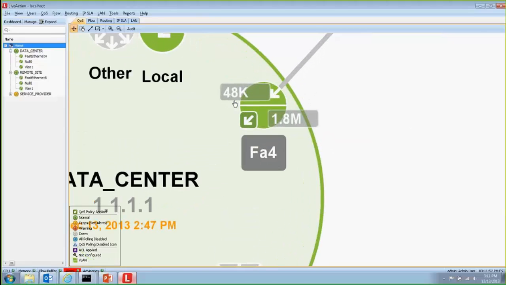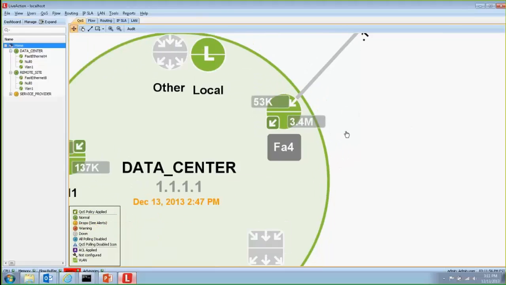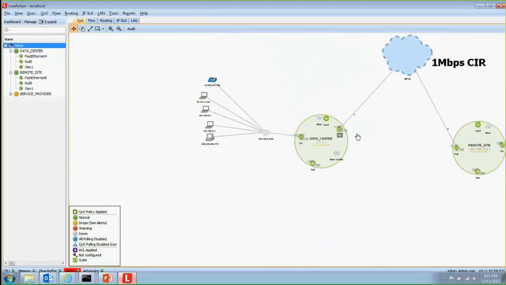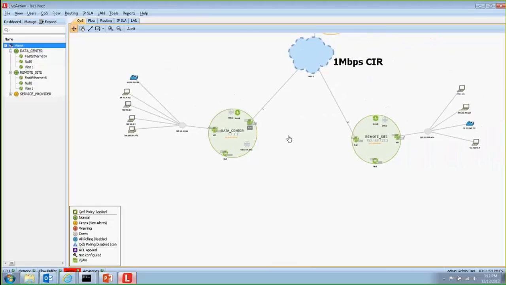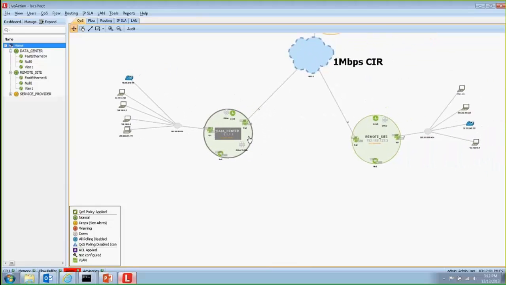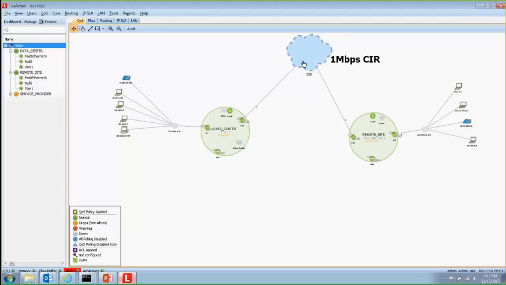If I really zoom in, we can see the real-time bandwidth statistics of what is flowing through each interface. Now, as I zoom back out, what I want to highlight is that this data center device here to the left has a data center LAN to its left and a handful of devices that I've annotated on that LAN. This data center device is connected to an MPLS cloud in the middle of my screen,